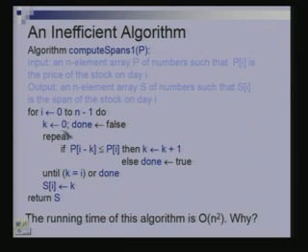So, the index k will start from 0 and keep going down, and you will keep going down till the price of the stock on day I minus k is greater than the price of the stock on day I. The moment you find a case such that the price of the stock on day I minus k is actually more than the price on day I, you stop this loop, right. Otherwise, you keep incrementing k. So, if this quantity is less, then you increment k, else you say done is true, done will help us exit this repeat until loop. They will exit the repeat until loop if done is true, or if k equals I, which means that we have reached day 0,